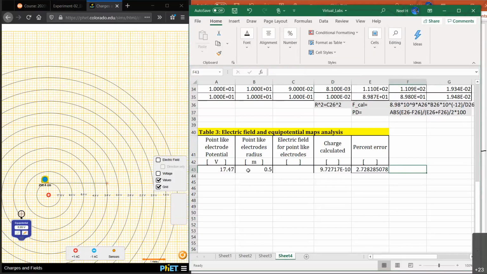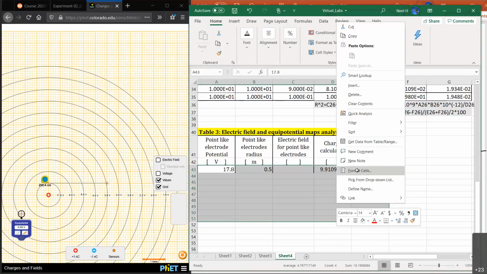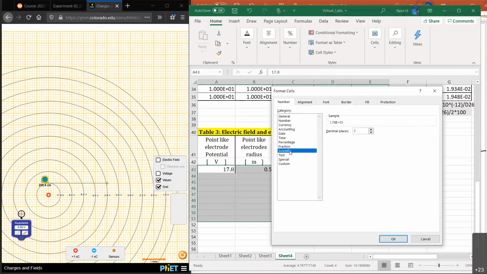Okay, let's take a look. Now we'll measure potential values with the radius first. Okay, so the first potential is 17.8. Radius is the separation between the charged particle and the equipotential line. The first black line is actually 50 centimeters. Okay, each largest square is 50 centimeters. So let's format this table also to represent it: highlight, right click, scientific notation. Let's do about 4 significant figures.